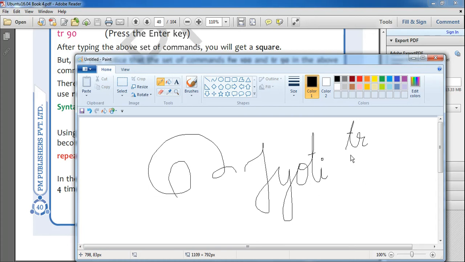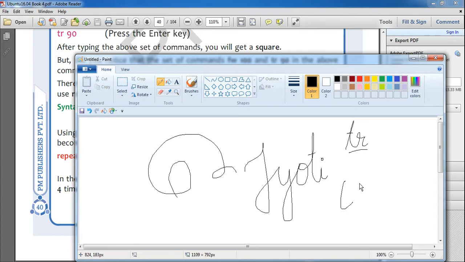But in computer language, those orders are known as commands, and we are not going to speak the orders to the computer, we have to write them. That's why we say it is a programming language. Something we write is known as a program. And while writing the program we have to use the commands.